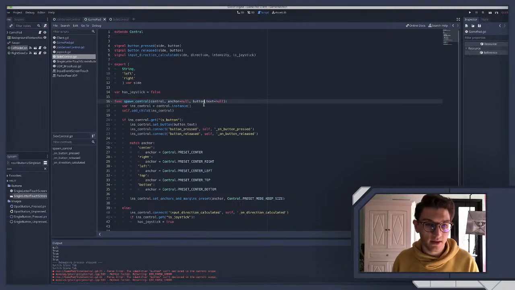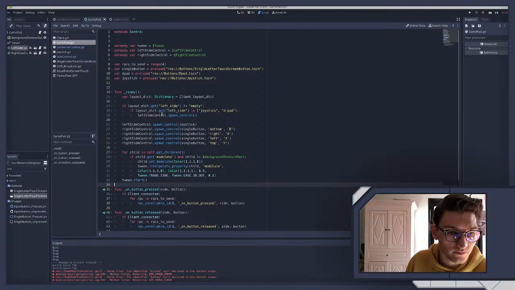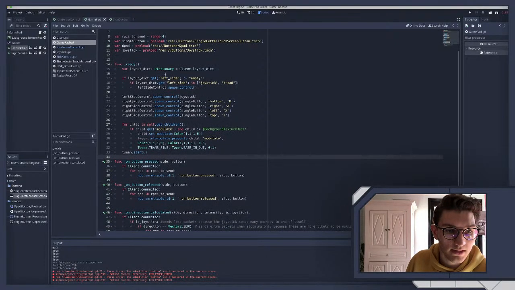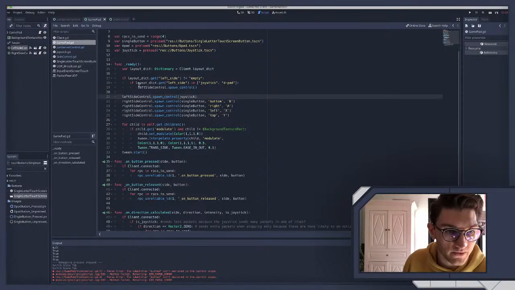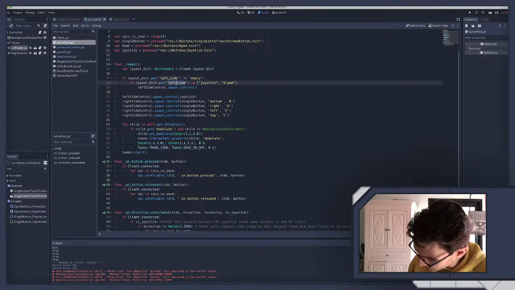So this will need to exist. And then I could type hint this is a string. I don't know. Maybe. I'm not going to. And then we go to GamePad. Right. Okay, cool. And then this shouldn't be affected. Cool. Okay, so layout.get left side does not equal empty. So now this is ugly, right? Because that's very hard coded. And I'd like to make that